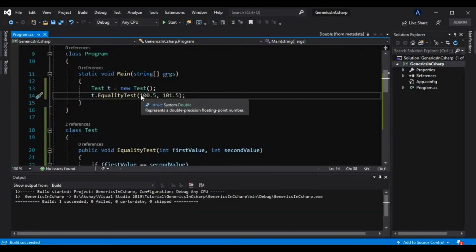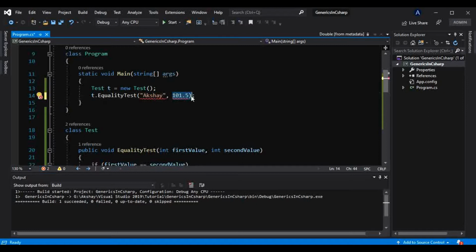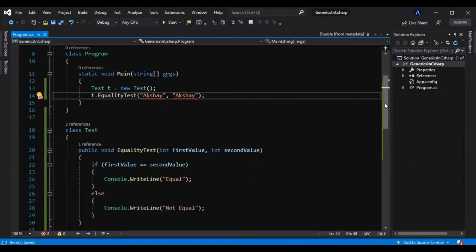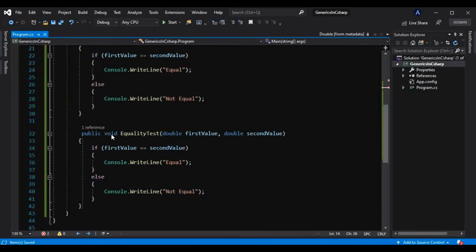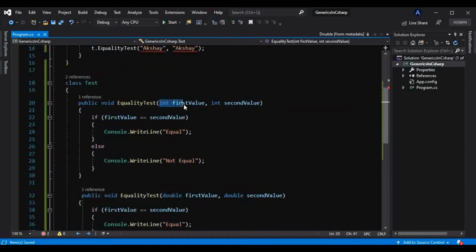But now I want to see if two strings are equal or not, like Akshay and Akshay. It will not allow us to do that. Why? Because this EqualityTest has two overloaded versions, taking double as well as int, and not string.